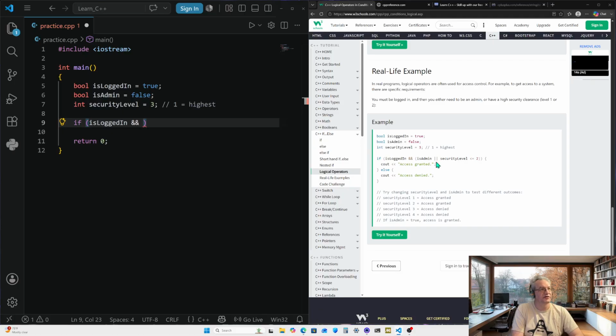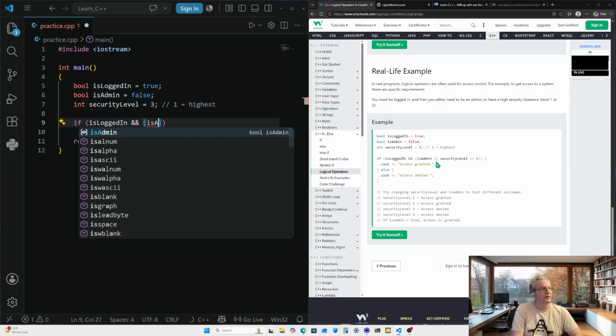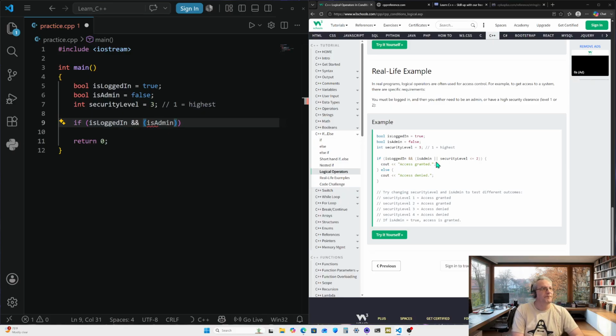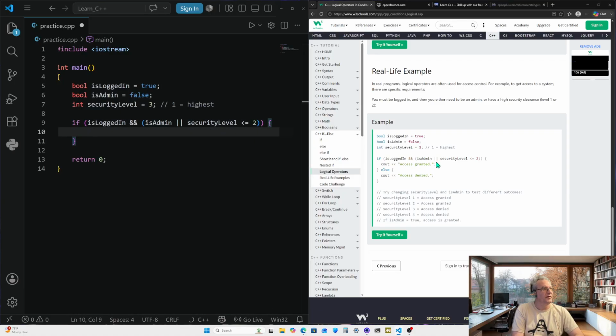We've got two conditions, so we're adding another condition: isAdmin or securityLevel less than or equal to 2. So a lot going on right there. If that entire statement is true, we're going to output